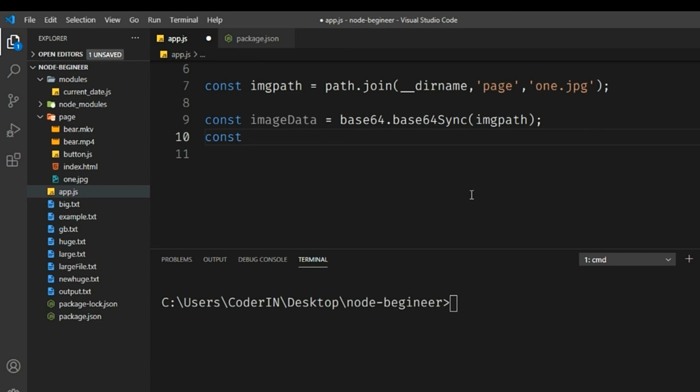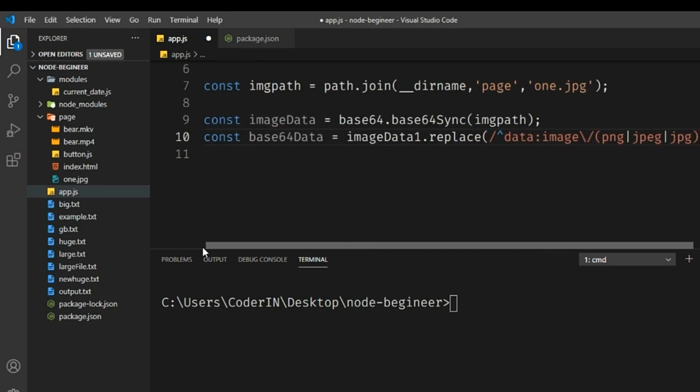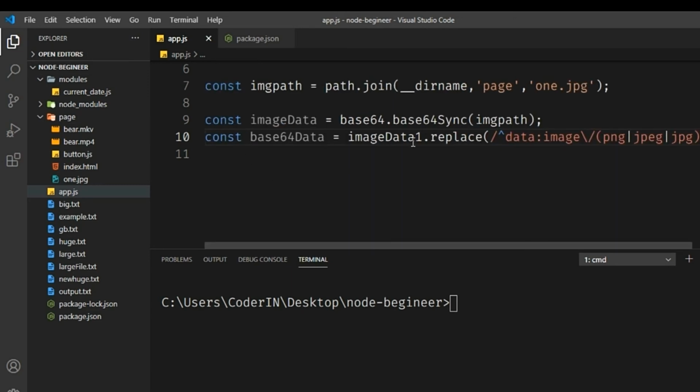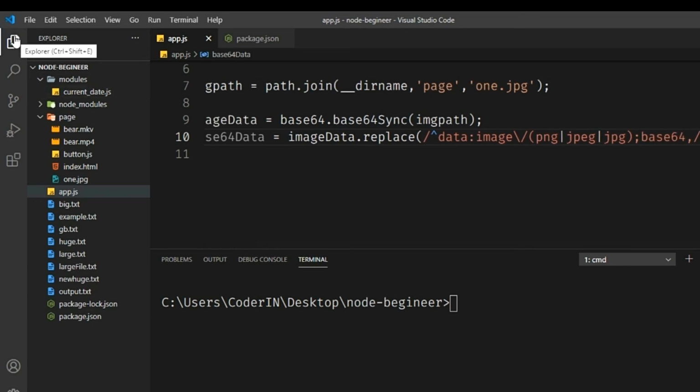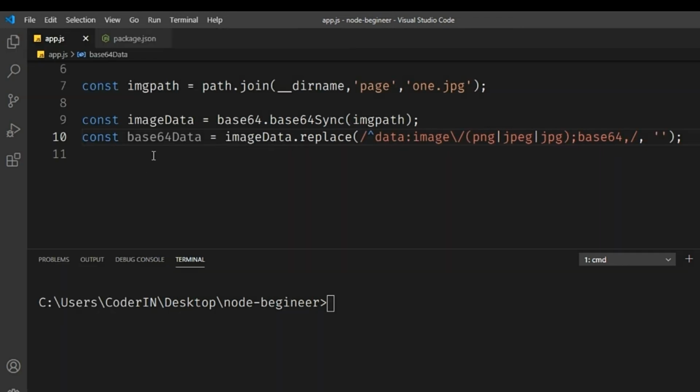Now constant, I have to use this. I've just copied the entire thing. Base64 data: I'm taking this image data, and I'll be replacing JPEG, PNG, or JPG with nothing, and we're encoding this to be base64 data. And the image, this is the main part.